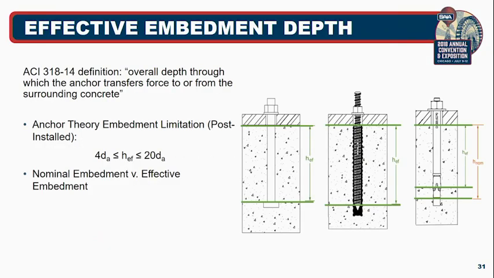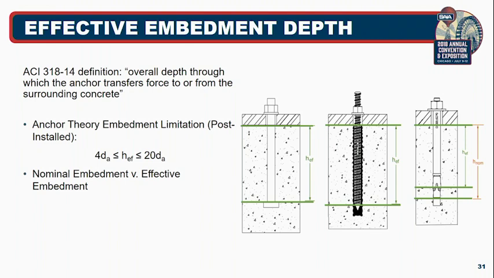mechanical anchor over here, right? The original embedment depth is over here. Once you start torquing it up, the anchor shank gets pulled up through these wedges over here, and this becomes the effective embedment depth. If you're trying to determine what the length of a particular anchor should be that you're